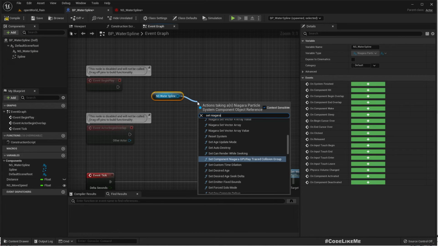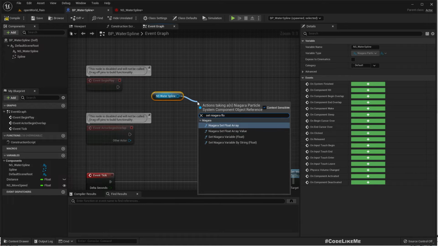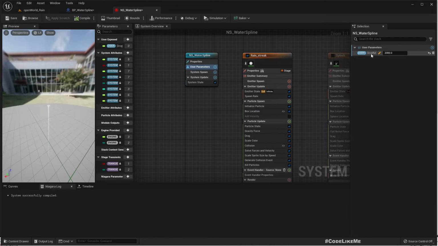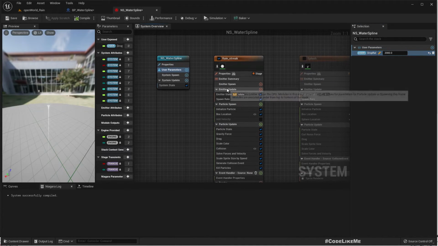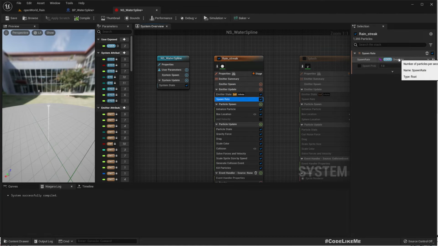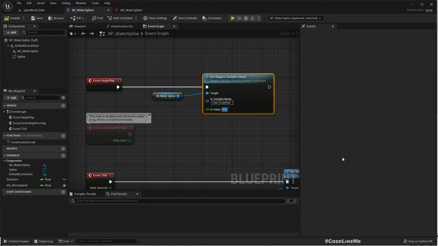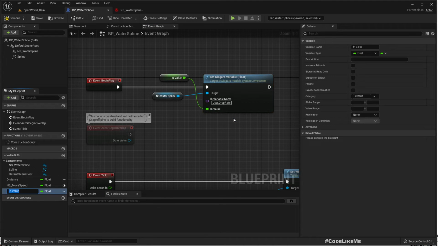Set Niagara float variable. Is this a float? I think it should be an integer. Oh, type float. Okay, so user dot drop rate and the value, let's promote it to a variable, drop rate. By default I'll have 1000 and make it public,